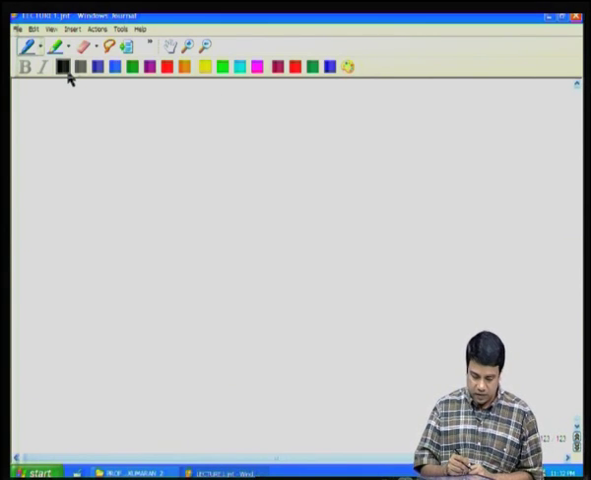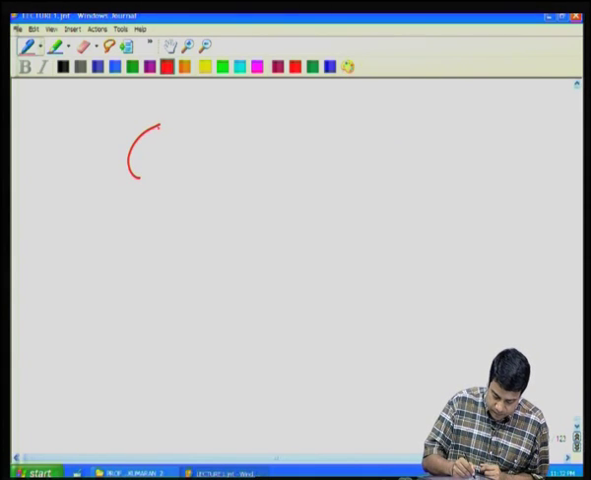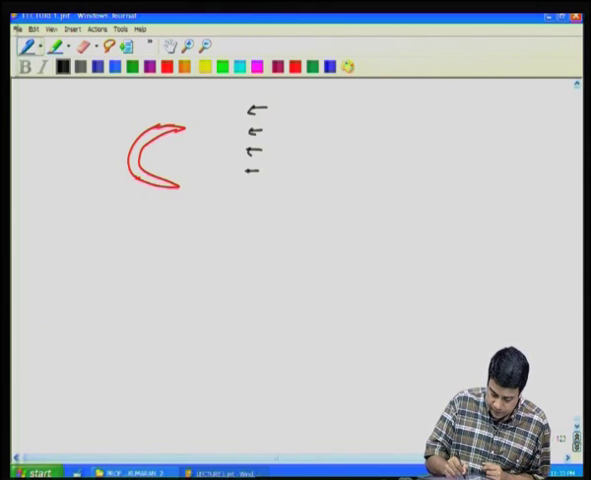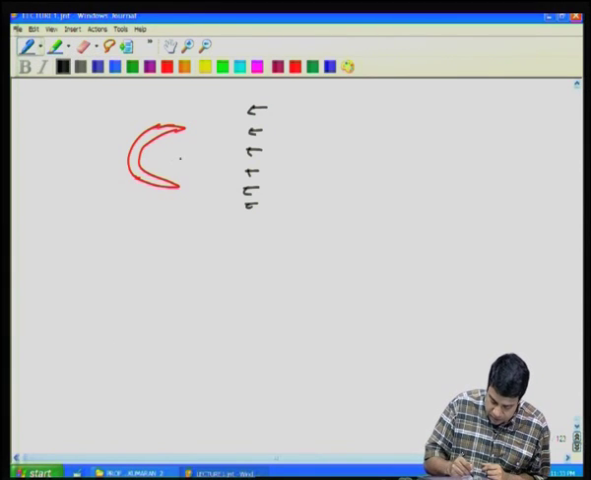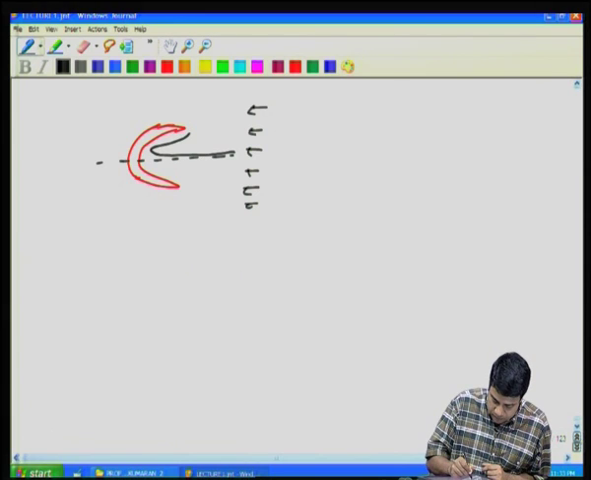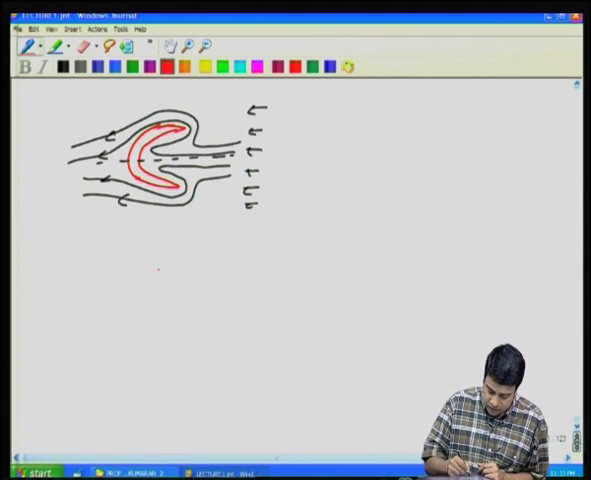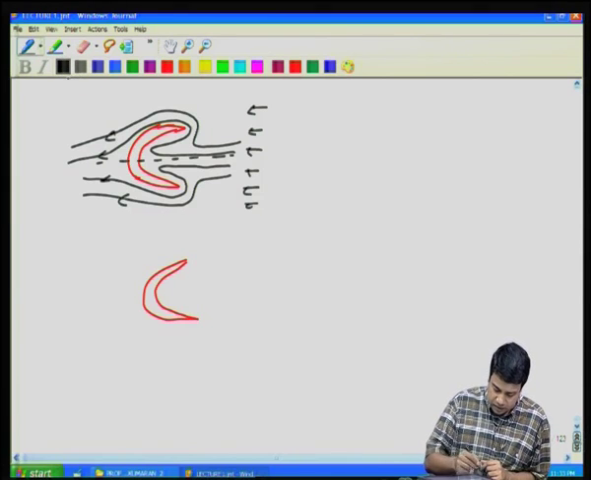Similar things apply for other objects as well. If you have, for example, an object that looks like this, and when the flow is going from left to right, if you get, I am sorry, you should do it the other way. If the flow is going from right to left, you get streamlines that look something like this. Then for that same object, if the flow goes from left to right,